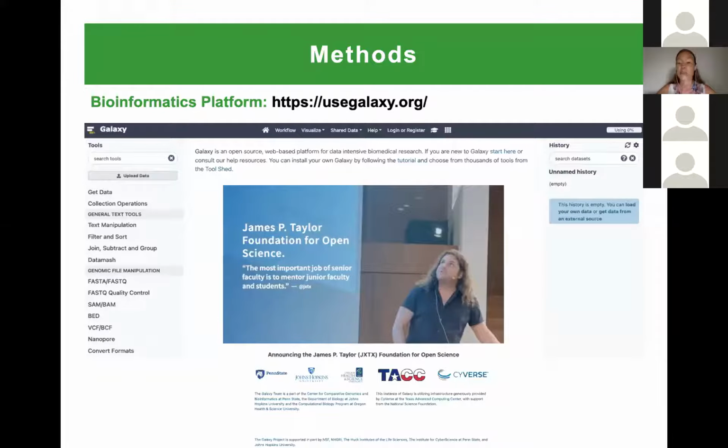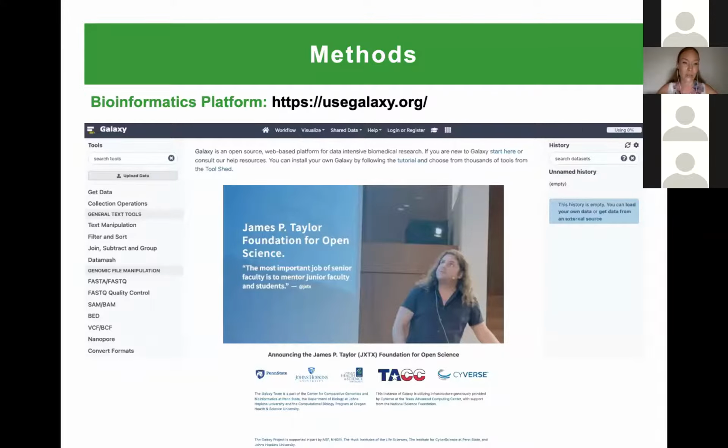And I think this platform is very nice, and it's meant to be used for people who are not bioinformaticians by training, but who are maybe biologists or epidemiologists, and who would like to use tools easily and fast, and also share workflows with colleagues and get help from the community. So I can really recommend this. And so using this platform, we employed 3 different methods to detect antimicrobial resistance in our whole genome sequencing data,